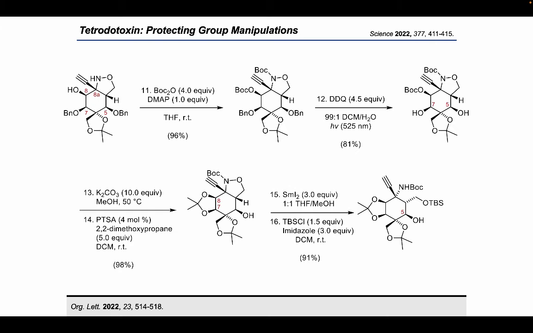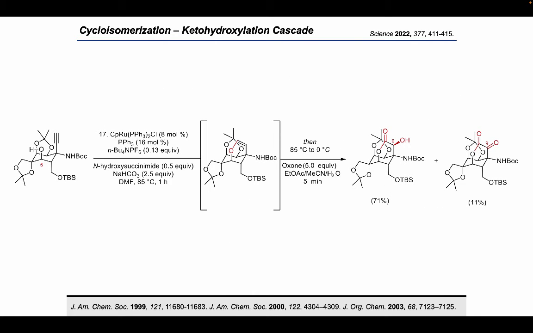Then we cleaved the NO bond with samarium diiodide and protected the primary alcohol with a TPS group. Now the stage was finally set to oxidize the C2 segment to a corresponding hydroxylactone. However, we found that the stereoelectronic environment surrounding the alkyne hindered a productive reaction with a broad range of standard